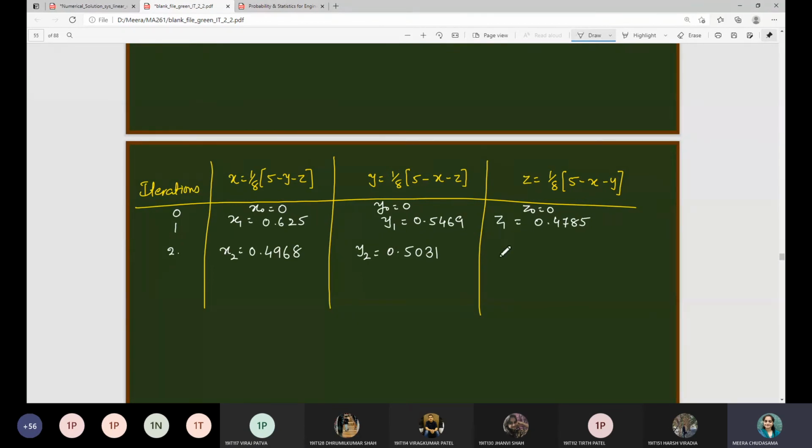That's why I'm saying this numerical is actually a tricky subject. 0.5000. Yes, 0.5, correct. Compared to 0.49 there is a difference; 0.5450 is nearer, 0.475 is nearer. So from these two iterations, you can see that in the third iteration you will be able to get the approximate nearly answers.